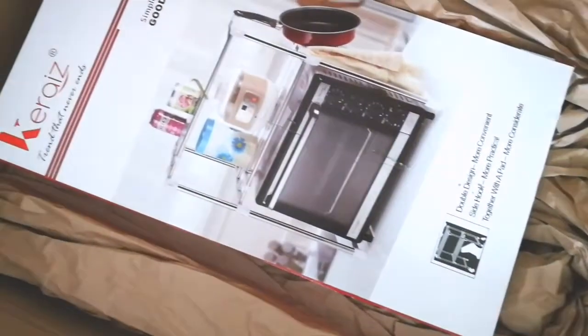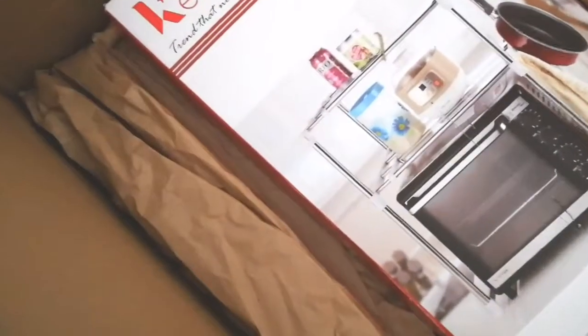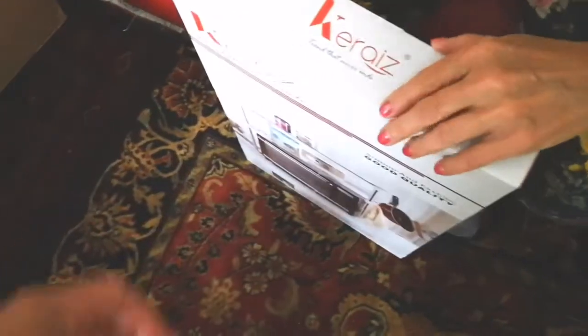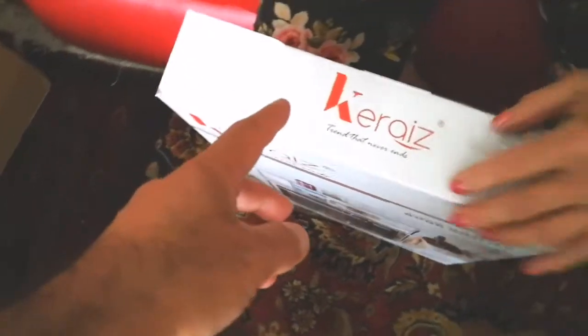Ooh, what is it? This is a little stand. Oh God, it was in a big box. Simple and fashionable, good quality. You can use it for, as you can see, a microwave. But I'm going to use it to put jars of jam on. Oh, lovely. And jars, yeah, because I've got a lot of pickles and...